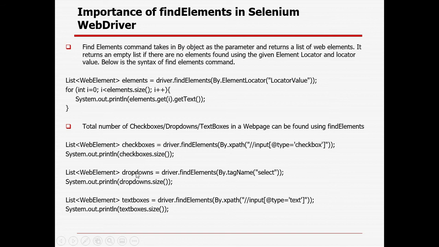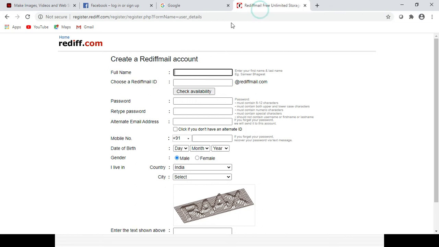Similarly for drop down values, right? In case any drop down field is there, we can get it with the select tag. And text boxes we can get where we type, with type equal to text on an input, right? So that's how I can get it. Suppose this is the web page. Let's see, this is the web page, right? And in the web page you can see these are the text fields, right? Okay, these are all text fields, and this is the checkbox, and these are all drop down fields,